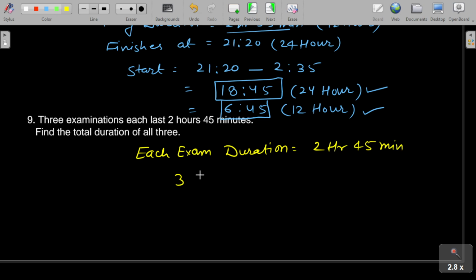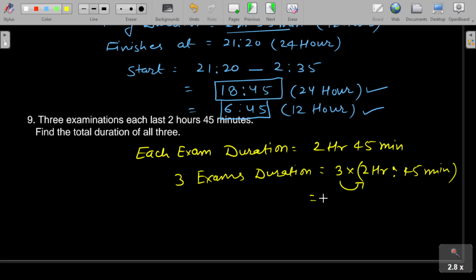Then 3 exams duration equals 3 into 2 hours 45 minutes. And how can we multiply? We multiply 3 into 2 hours, plus we multiply 3 into 45 minutes. So this is 3 into 2, 6 hours, plus 3 into 45 is